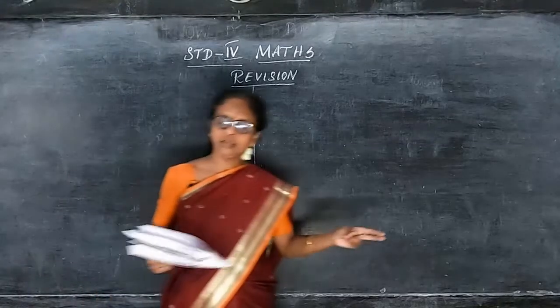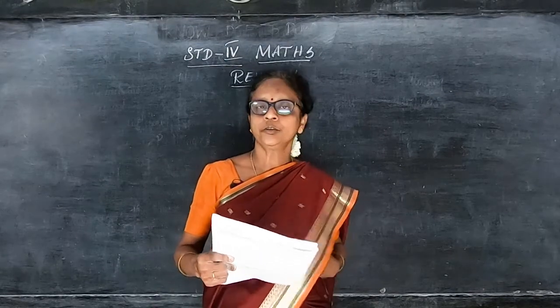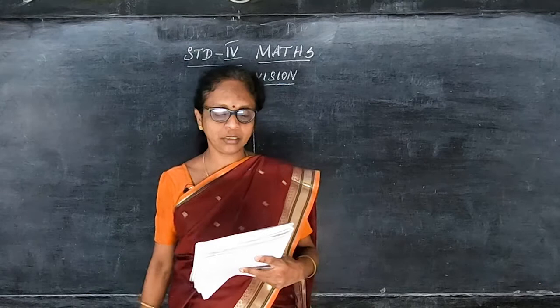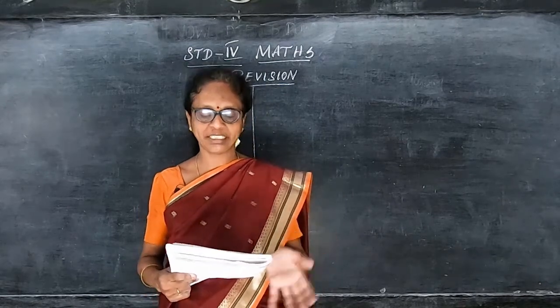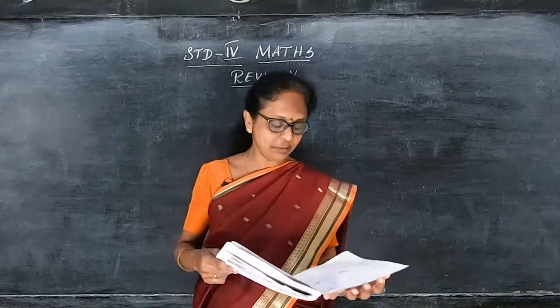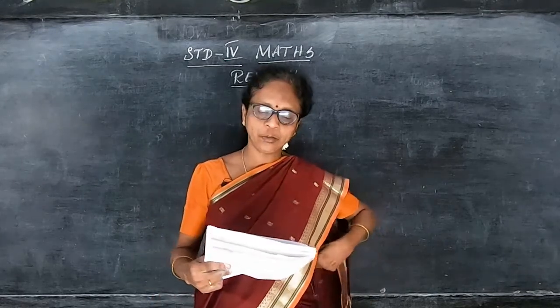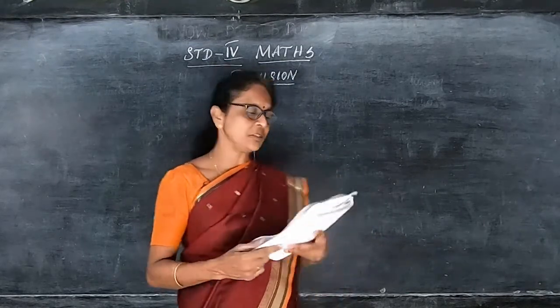Morning children. Now I'm going to start the 4th standard maths revision. You have to write down everything in your classwork, copy down everything. First we'll start with choose the correct answer. In this I'll write the answer also, and match also I will write. For everything I'll write along with the answer. So go through this and copy down perfectly in your classwork children.